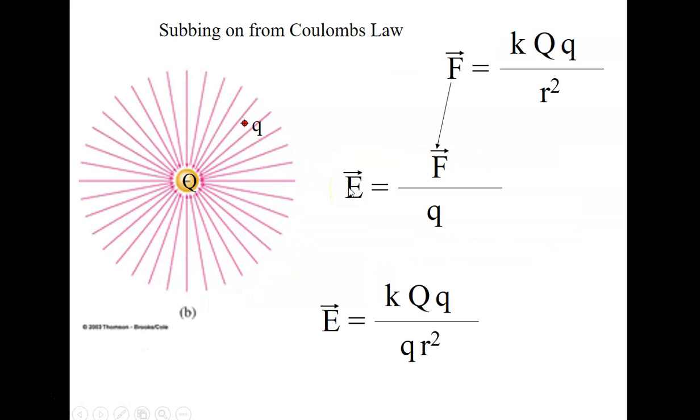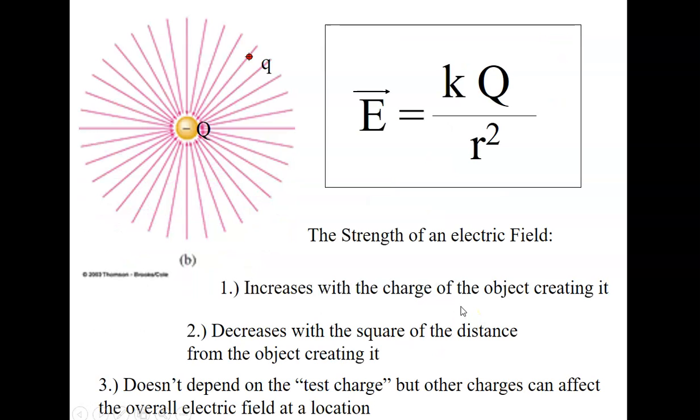So now we can substitute in Coulomb's law for this force. So E equals F over q. We just learned that F, this is Coulomb's law, equals k Q q over r squared. If we put this in, basically what's going to happen is we're going to divide out the test particle, and we're going to get that the electric field at a given location is equal to k times Q, where Q is the source charge. Okay, there's no test particle involved really now, divided by our distance from the